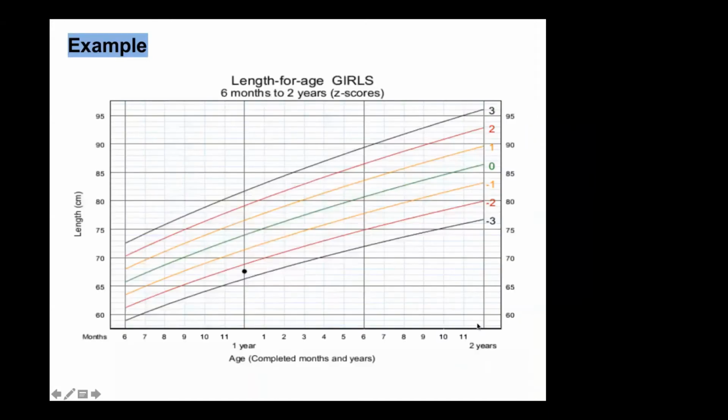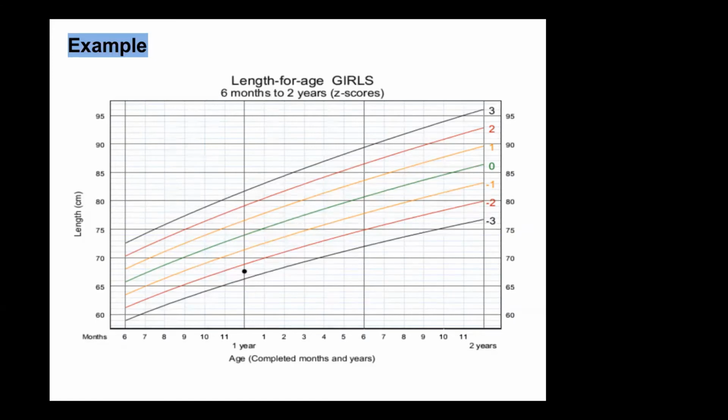Okay. So here is another example, another graph. If you look at this graph, you will see there is one dot plotted in the graph, right? It is somewhere there, and the person is almost 1 year old. Can you see this?